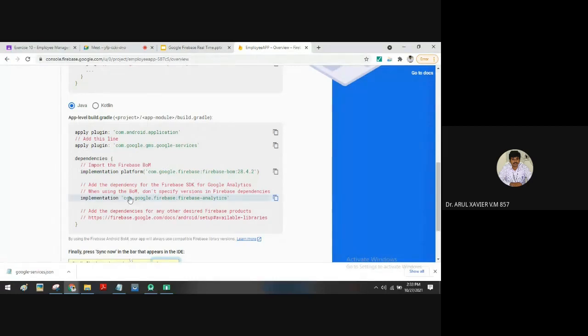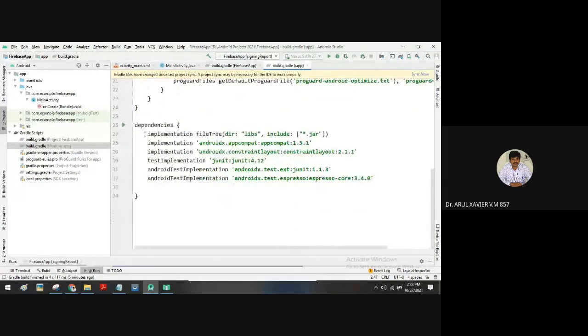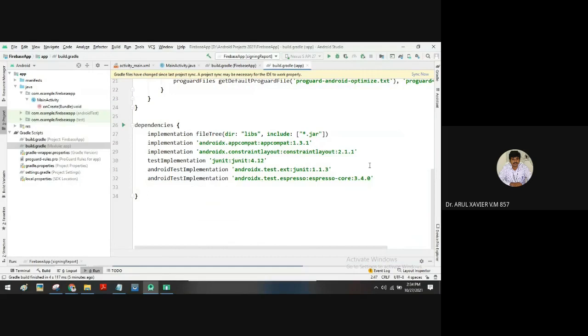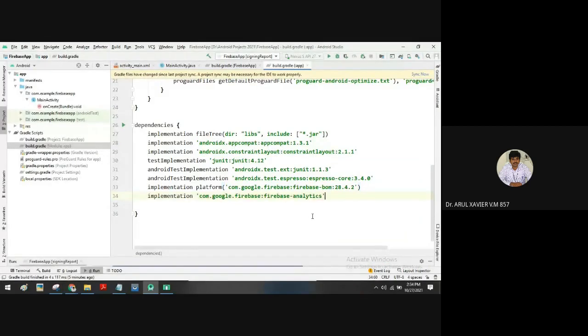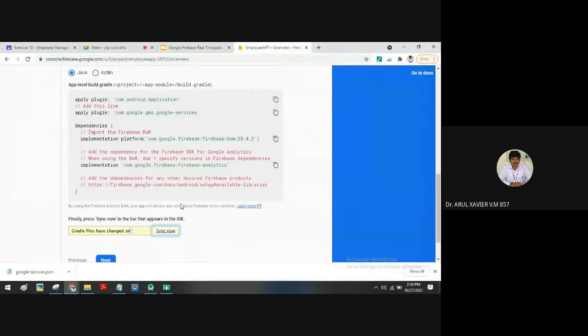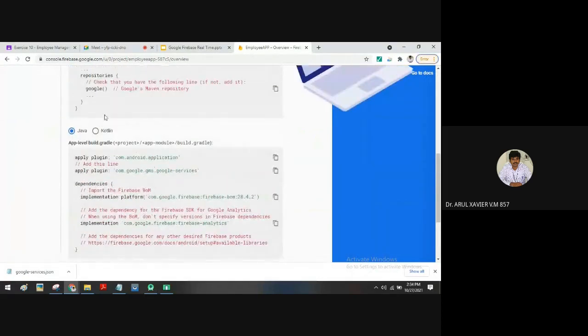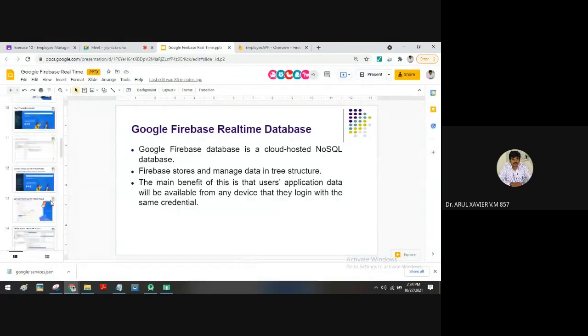Then you have to include these two dependencies in the dependency section. What are the dependencies? This one. The first one is the BOM file. Just copy that and place it, then go to the next line, copy this and place it here. So two lines. After adding two lines, one more thing you have to include, which is not available here. It is available in the PPT, and that is actually needed.